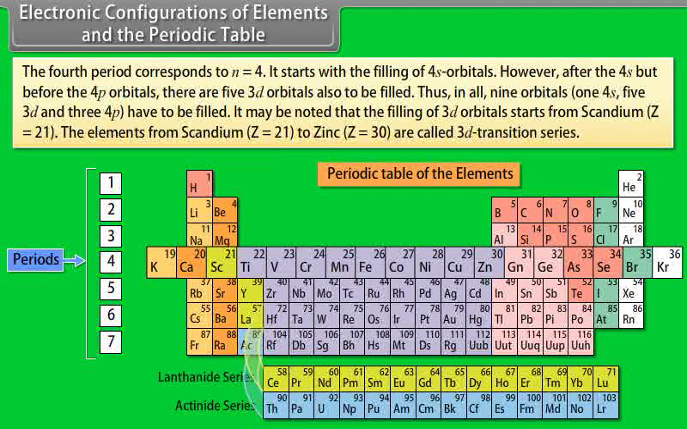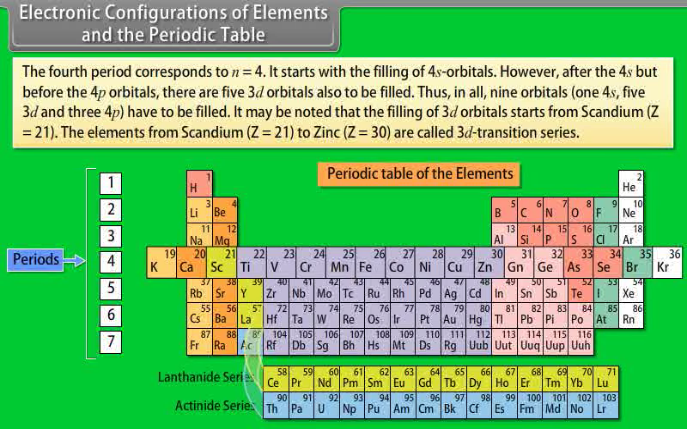However, after the 4s but before the 4p orbitals, there are 5 3d orbitals also to be filled. Thus, in all, 9 orbitals, 1 4s, 5 3d and 3 4p have to be filled. It may be noted that the filling of 3d orbitals starts from scandium, atomic number 21. The elements from scandium, atomic number 21, to zinc, atomic number 30, are called